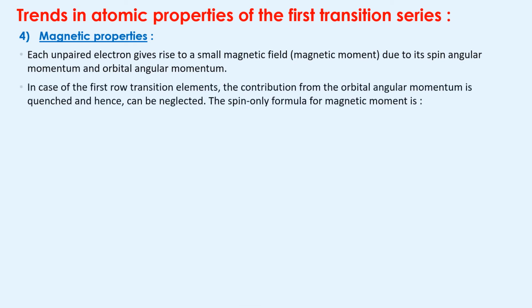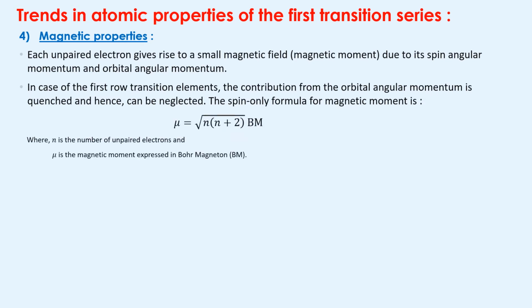But now what happens? For the first row of transition elements, the contribution from the orbital angular momentum is quenched. Means there are two reasons for the small magnetic field created by an unpaired electron: first is the spin angular momentum, and second is the orbital angular momentum. But in the first row of transition elements, the orbital contribution is quenched and can be neglected. So the magnetic field is due to the spin only,